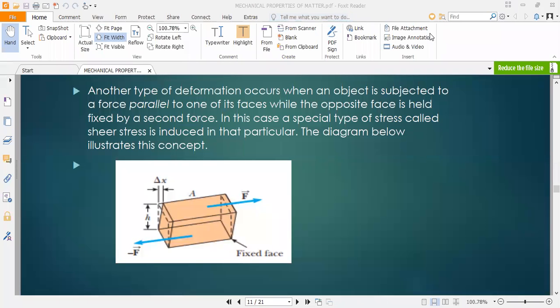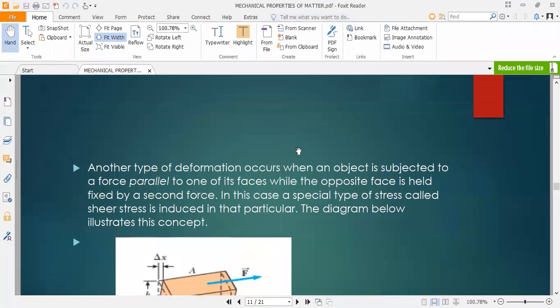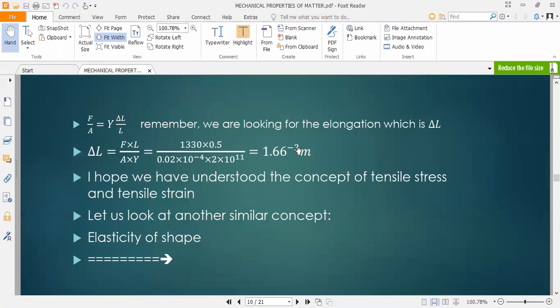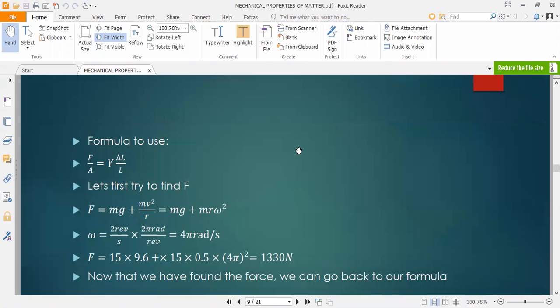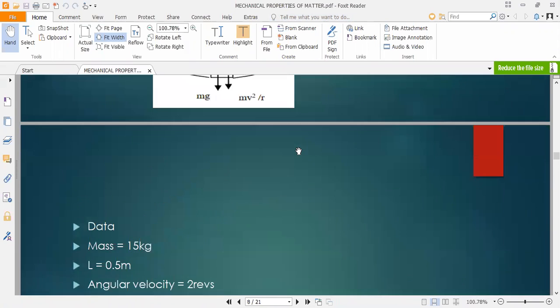So we are starting our class for today, continuing from where we ended. We are still looking at mechanical properties of matter. Yes, last time we looked at